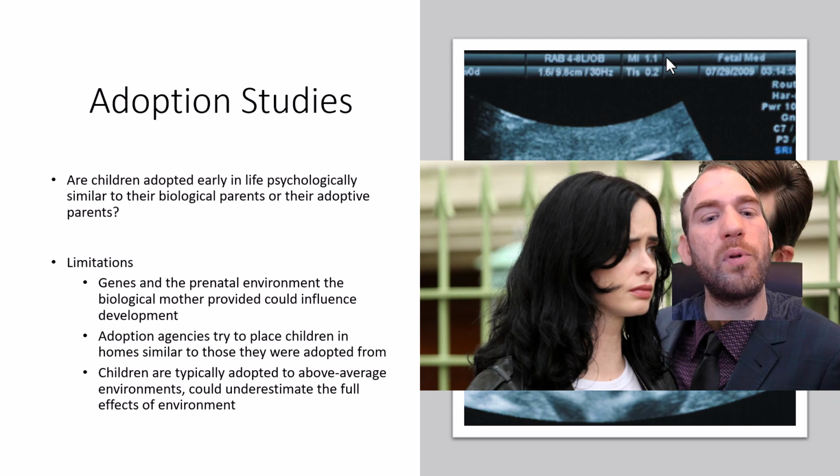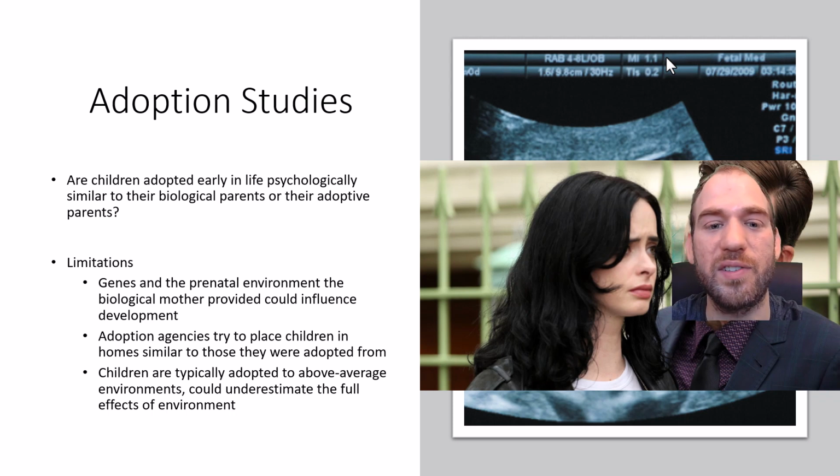So maybe the siblings are placed in similar homes as their biological parents and similar homes as each other, thus receiving similar sets of environmental influences, making that extroversion score more similar than if you put one child in rural Bolivia and another in, I don't know, Tokyo or something along those lines. Because adoption agencies place children in very similar homes to those they were adopted from and similar homes to each other, maybe we're underestimating the influence of that environmental similarity on these developmental